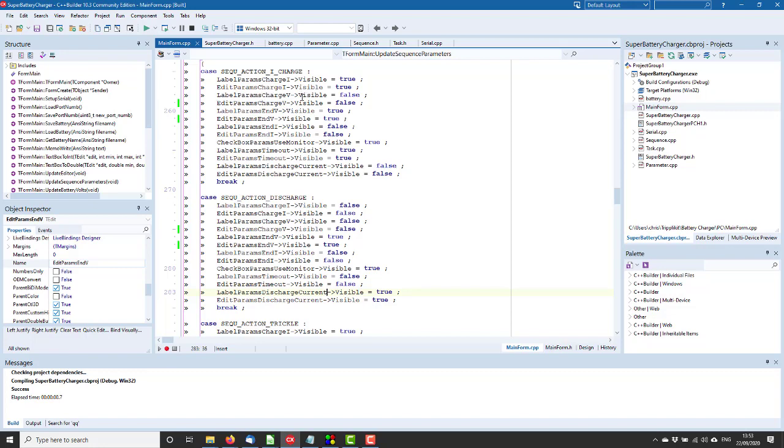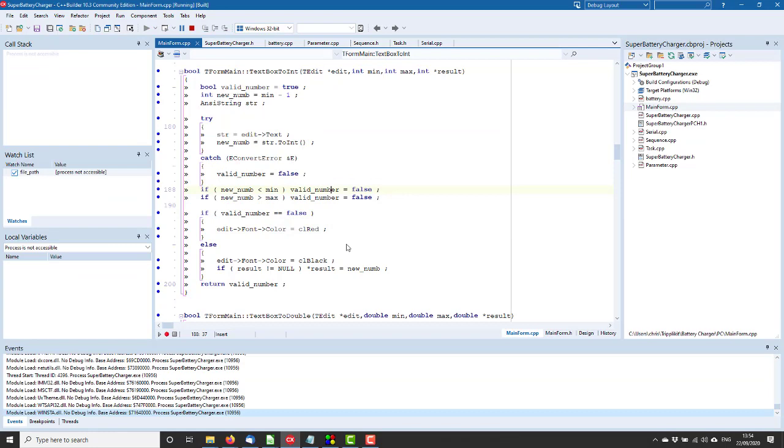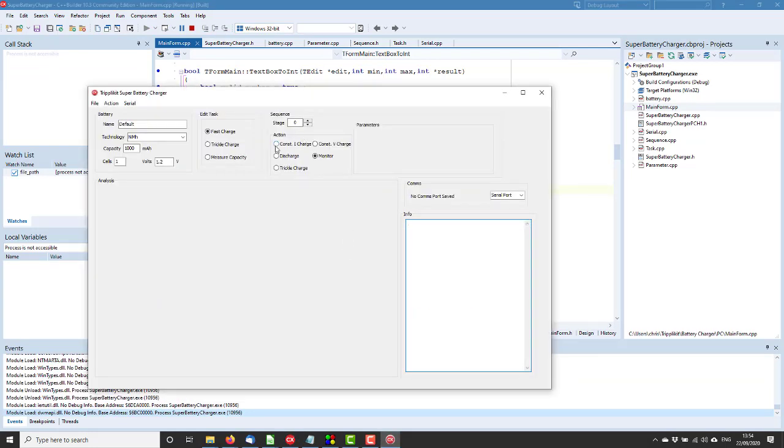So that's one thing. Okay, another thing is entering numbers. Here we have a charge current set to 100 milliamps. Now this is an editor, a text editor. I can enter any